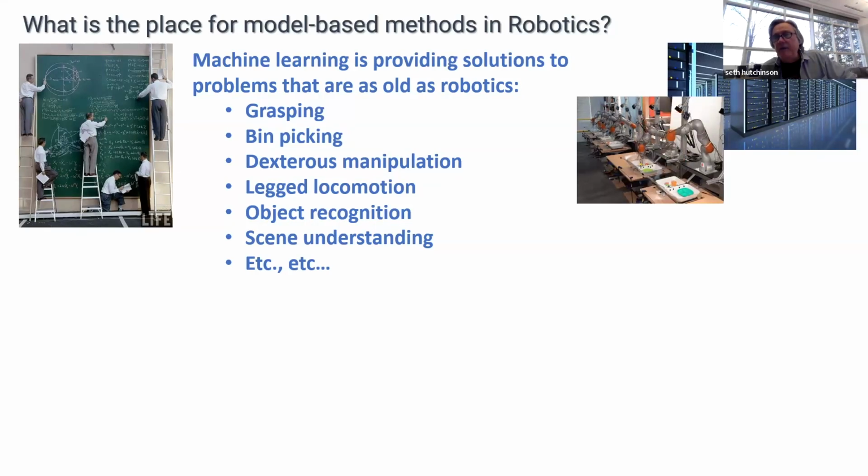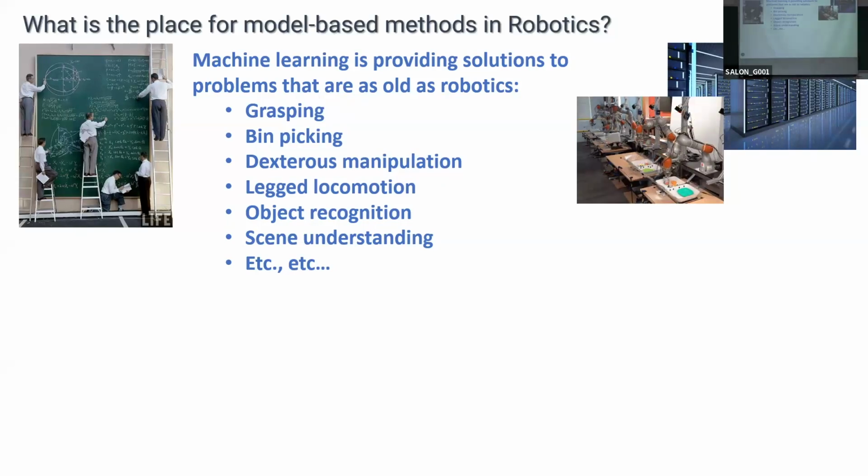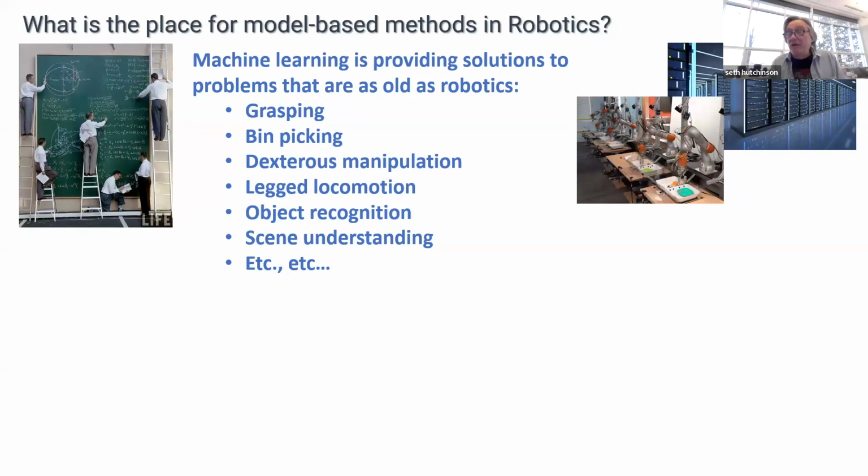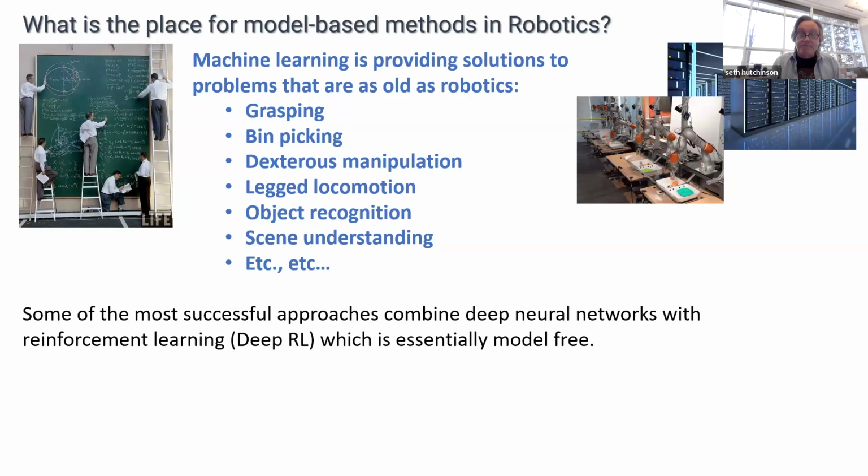The animated GIF that you see here is a grasping problem, right? The robot is learning how to grasp things. It's a variation on the bin picking problem. Dexterous manipulation is something that learning folks are starting to work on. And you can find videos on the internet now of multi-fingered robots that are manipulating things with their hands, with their multiple fingers. A lot of learning work, data-driven, in legged locomotion, especially for quadrupeds. Computer vision has really done well with machine learning and object recognition, scene understanding, and there are more.